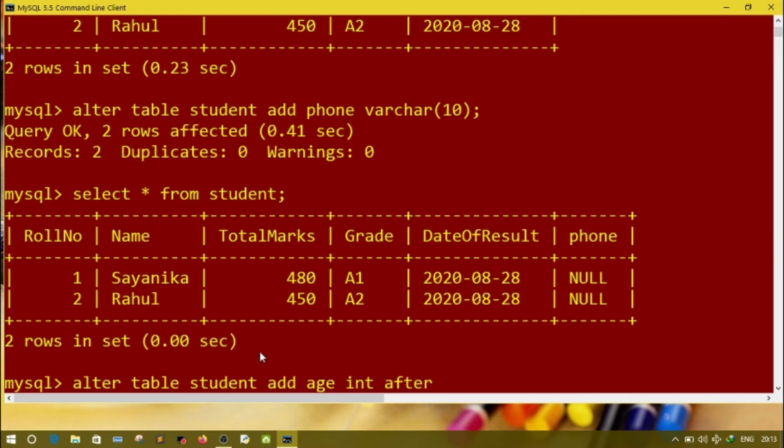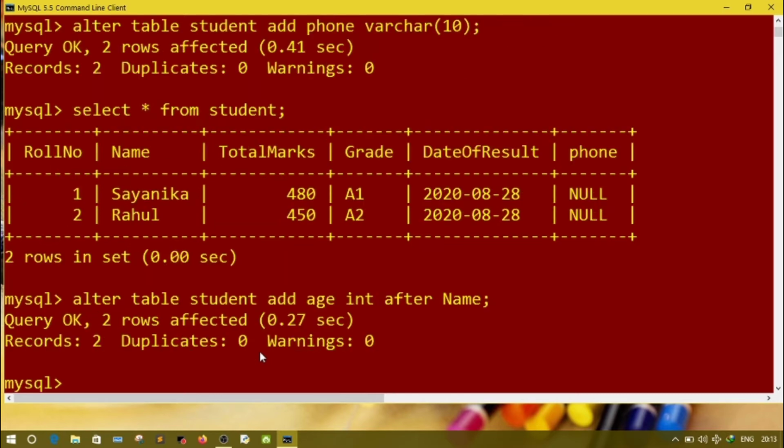After name I want to add, so I'll write after name. If you want to add the column at the first of your table, then you will write first in place of after. As I want to add the column after name, I am writing here after name, then semicolon, and to run the query press enter.